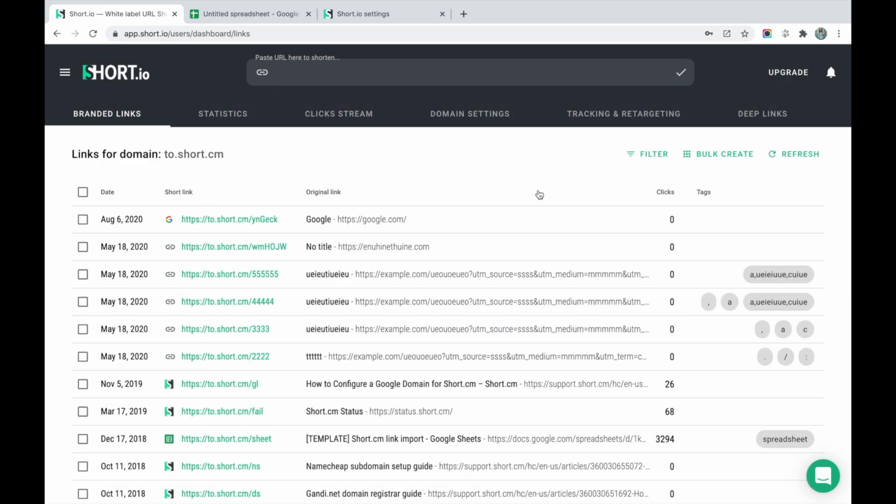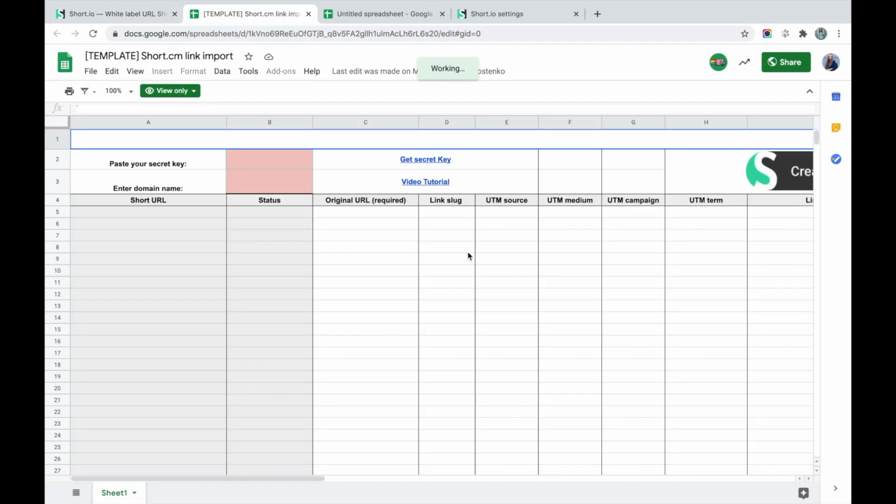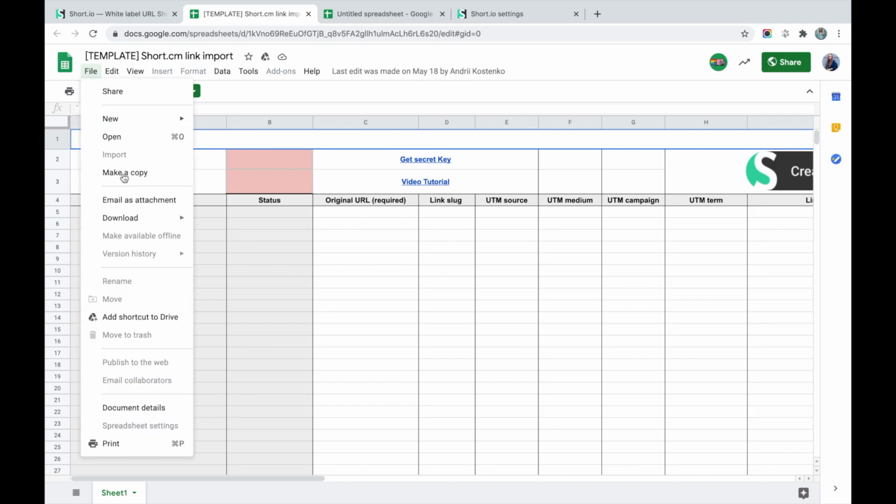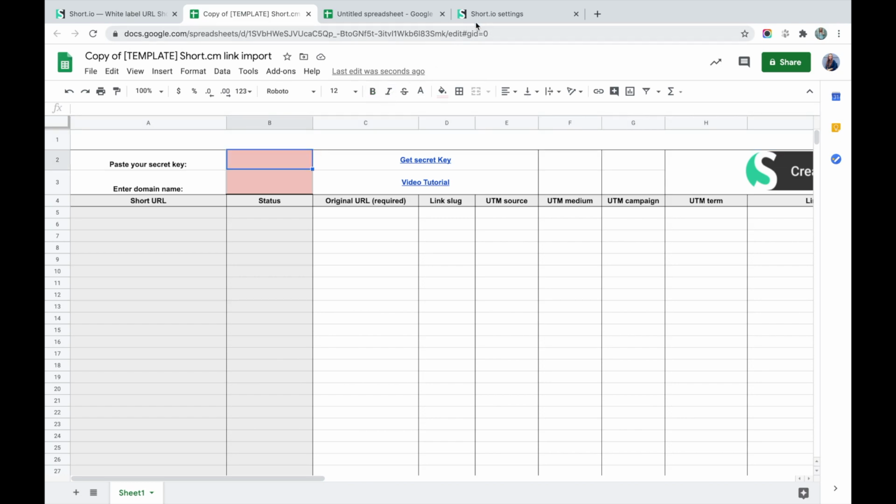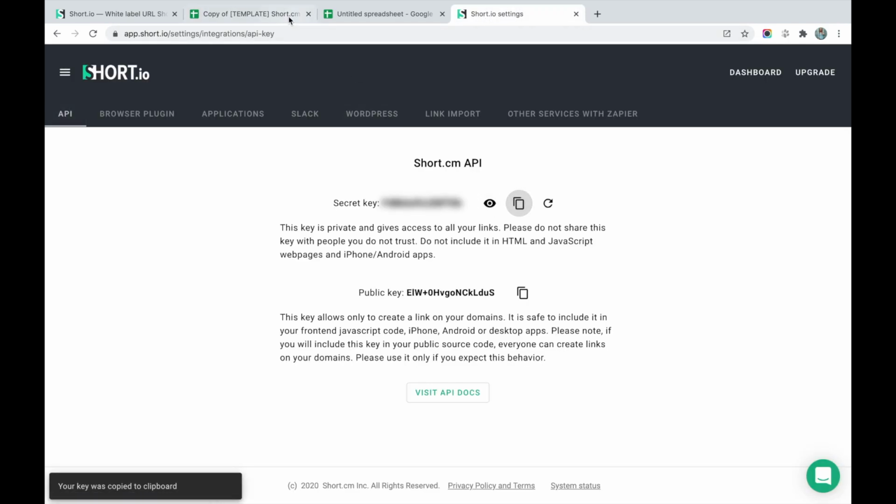Also, Short.io provides bulk link shortening. In addition to creating links in bulk, you can apply some features. Let's see how to do that. So, click bulk create, copy template. Now we need to make a copy. You need to paste your API key